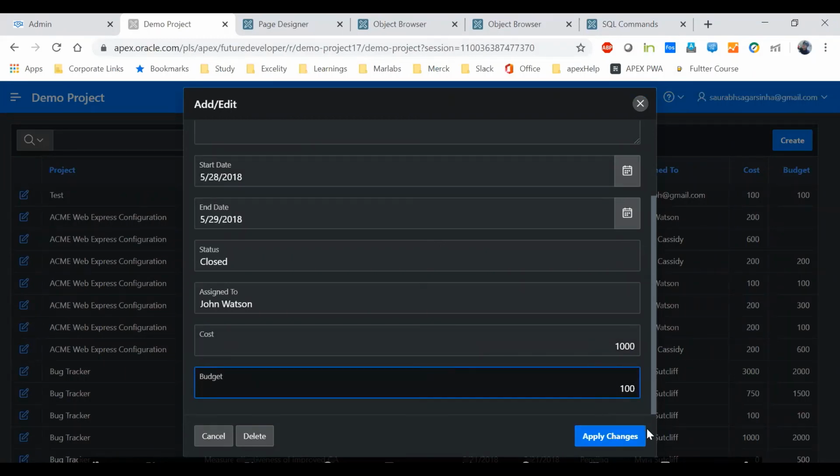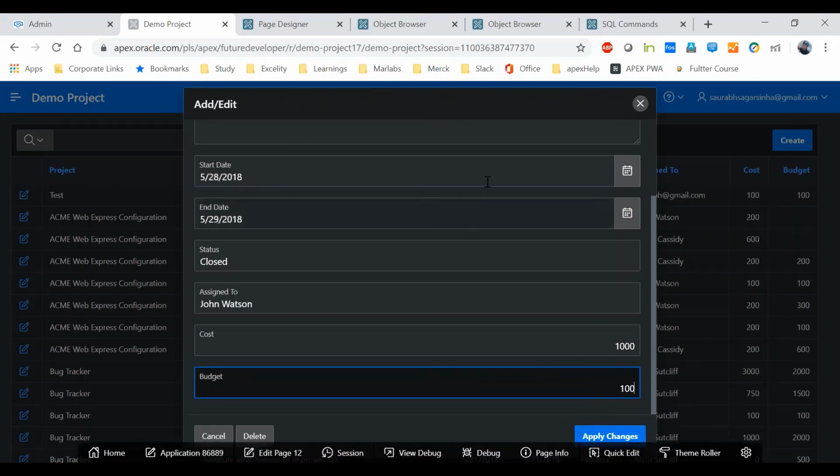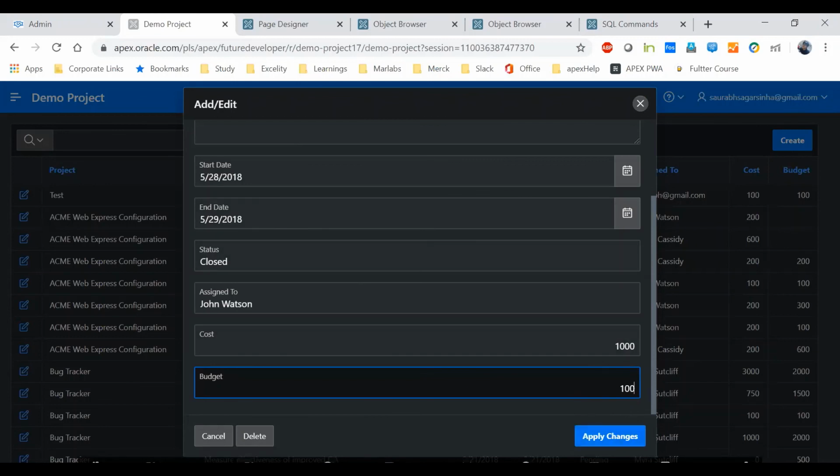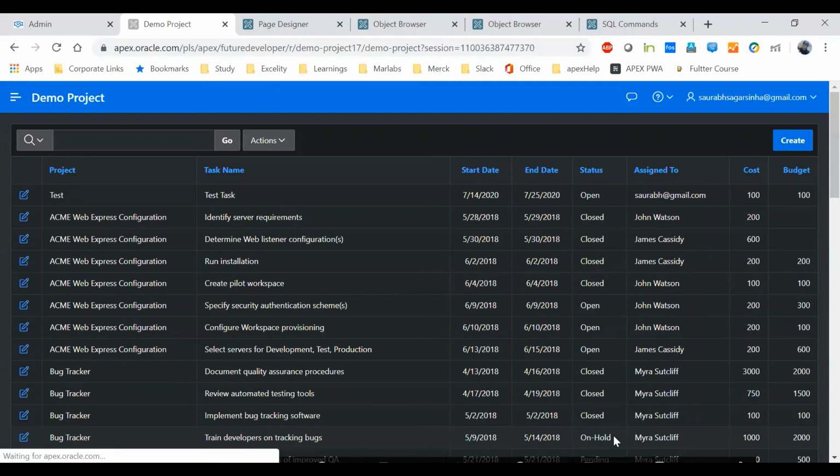As you can see, these buttons are also changing. Initially it was create when I clicked on the create button, and when I click on this edit button, it changed to apply changes. So let me click on apply changes, and as you can see, this row got updated to 1000 and 100.